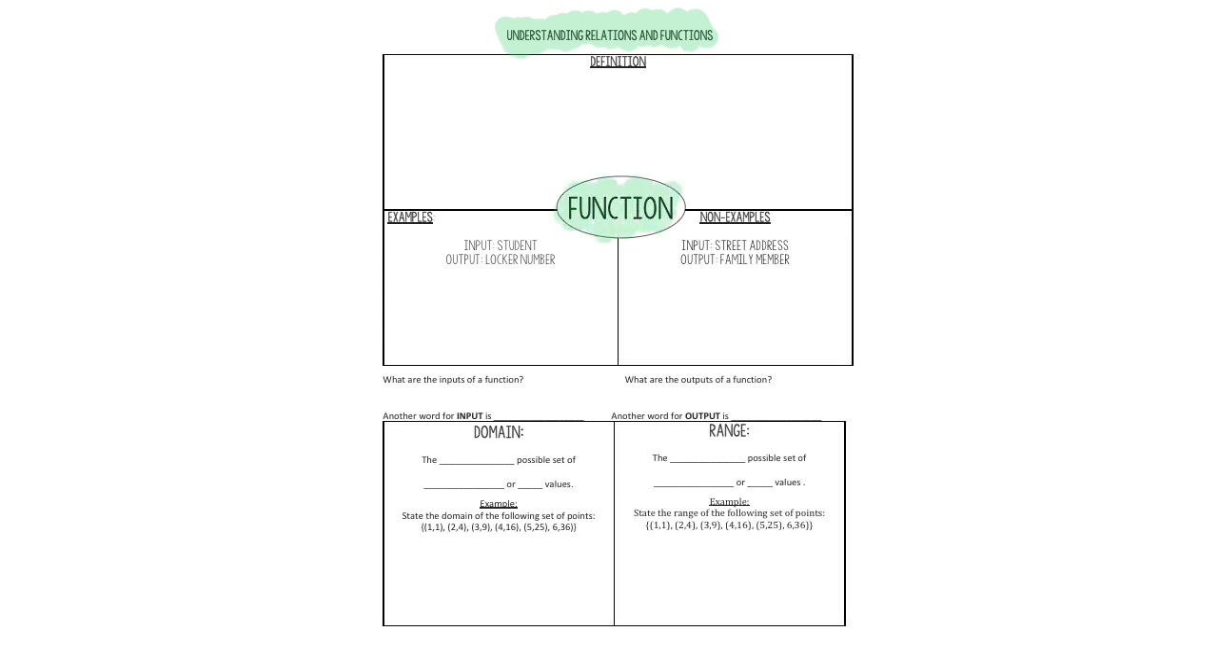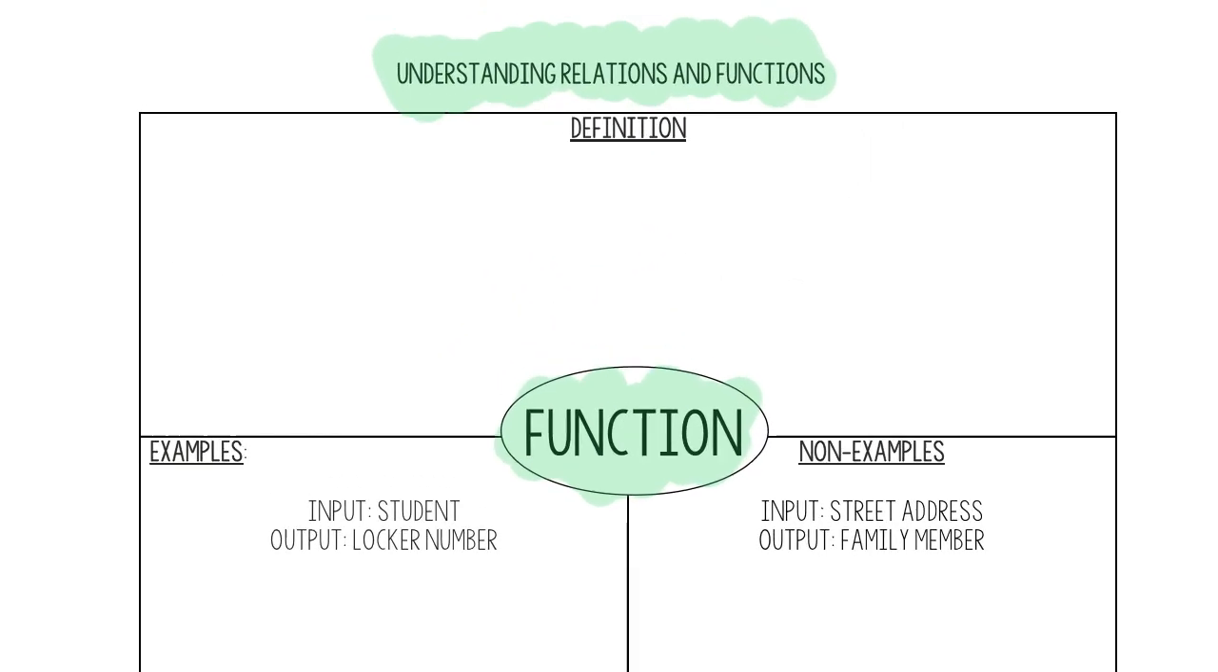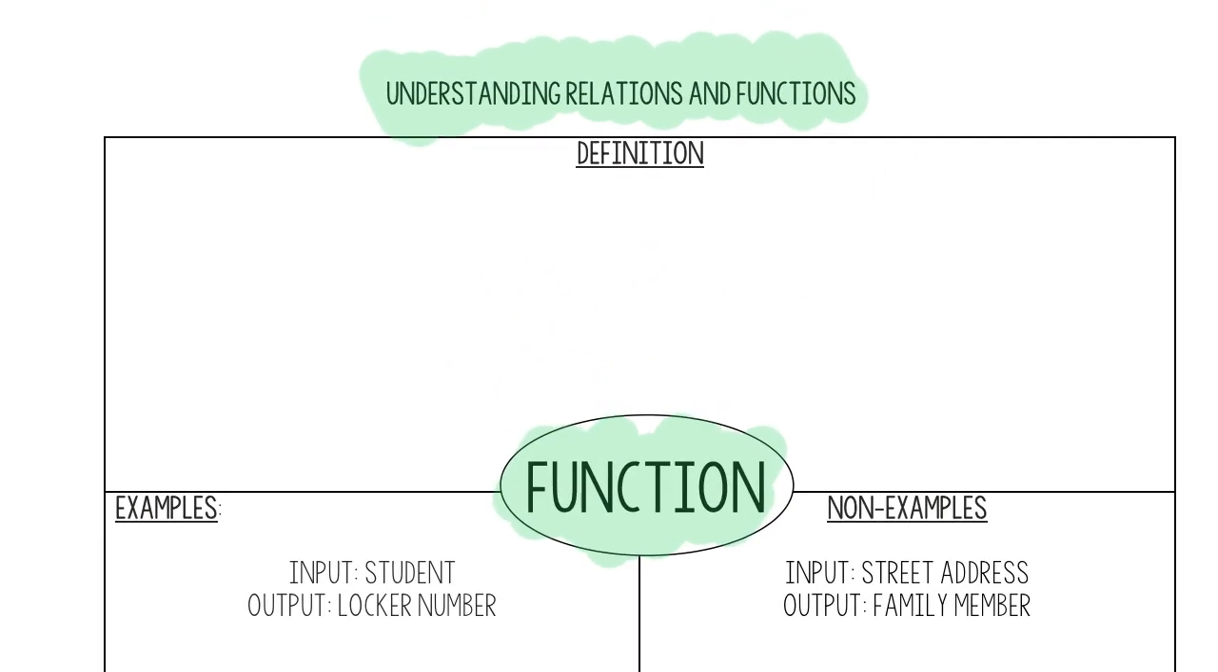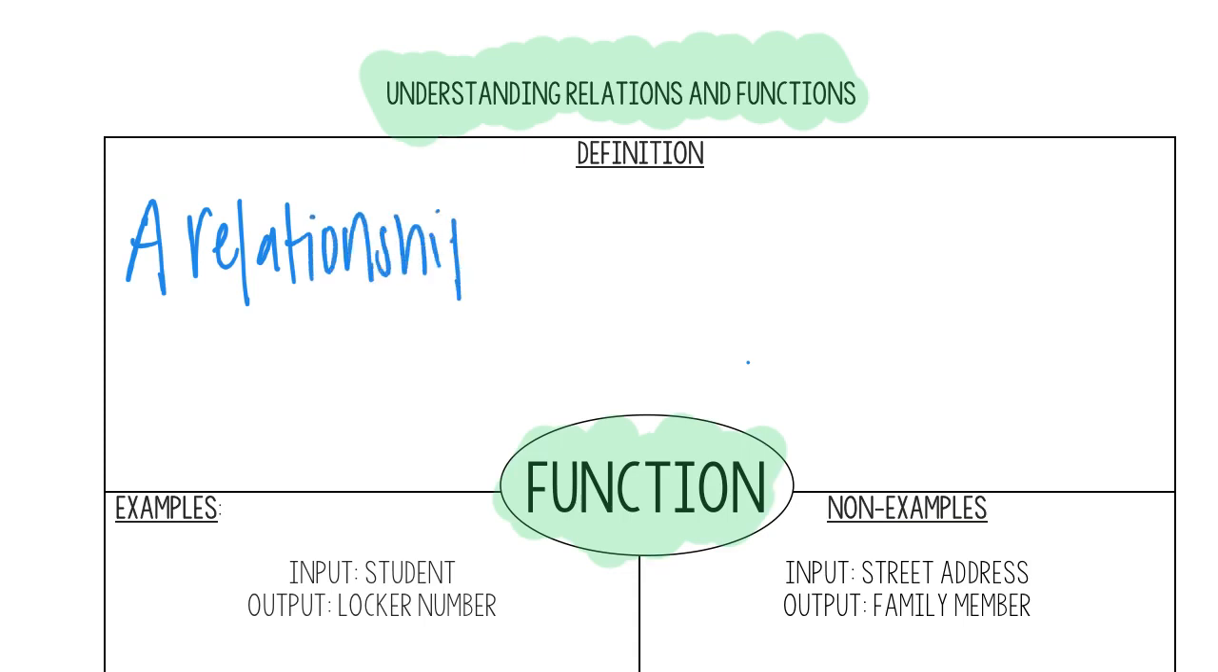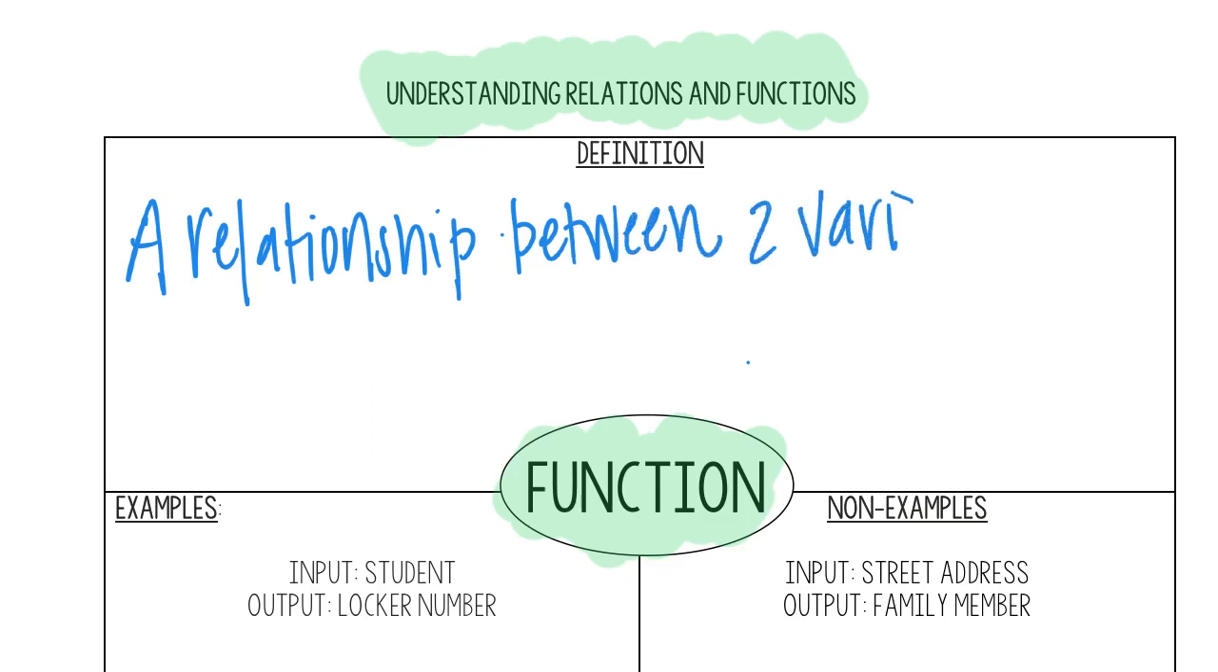So a relation is just a set of numbers. A function is a special set of numbers. So if we zoom in here, let's talk about the definition of a function. All a function is, is a relationship between two numbers that we call x and y. A relationship between two variables, which we typically use x and y,